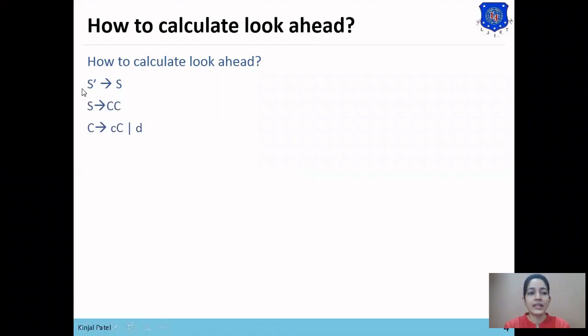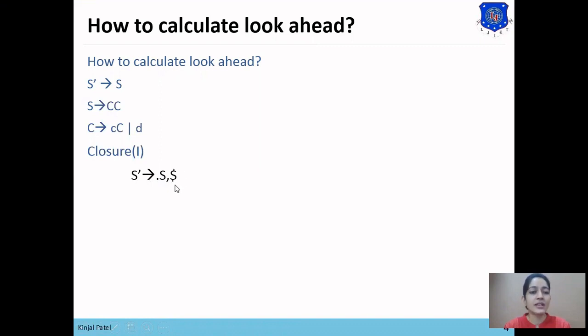Here are the grammar rules: S' derives S, S derives CC, C derives cC or d. First, we'll apply the rule of closure. The closure rule says that for the production S' derives dot S in closure of I, we add comma dollar.